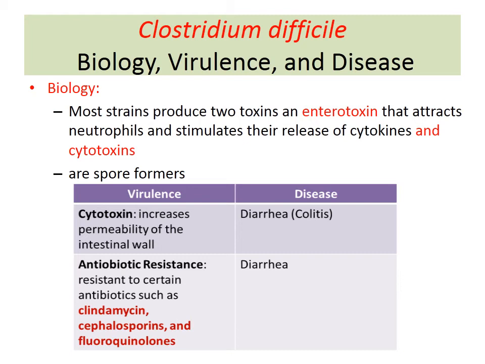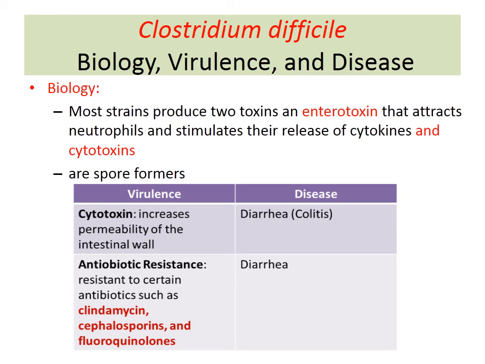And remember, some bacteria, like viruses, have a term we call tropism. Tropism means they have a liking for one particular set of epithelial tissue, like flu. The flu virus will want to go in your nose because it likes to stay in your nose. Some viruses, like rotaviruses, want to go and sit on your intestine. Some viruses, like herpes virus, want to go after your skin. Some viruses want to go on mucosa. So this is a property of those particular microbes to have that liking, we call affinity. The term is tropism. So in this case, C. difficile has a tropism attraction for your enterocytes, your intestinal cells, because